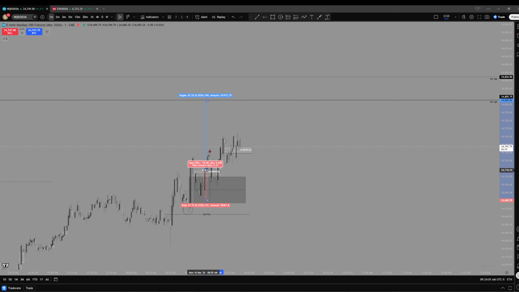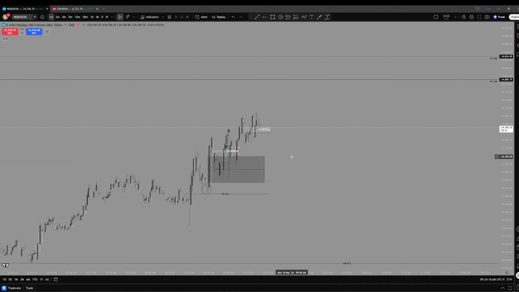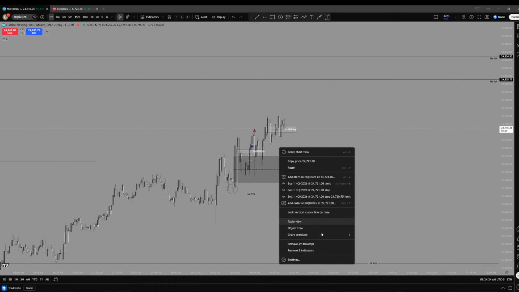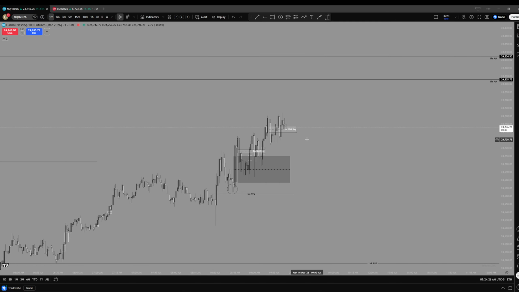But yeah, this play failed. I'd just say the reason it failed was, well, there's a few options. One, in my opinion, I didn't get a good fill. Two, bad stop placement. And then three, as I've been saying the past few weeks, market has been very manipulative. So